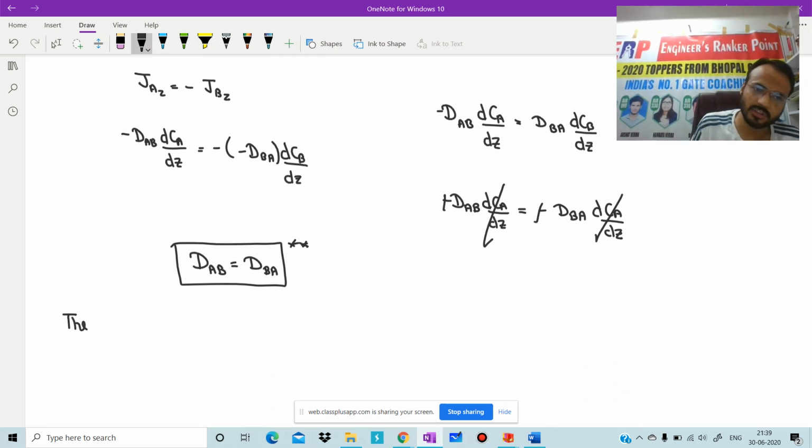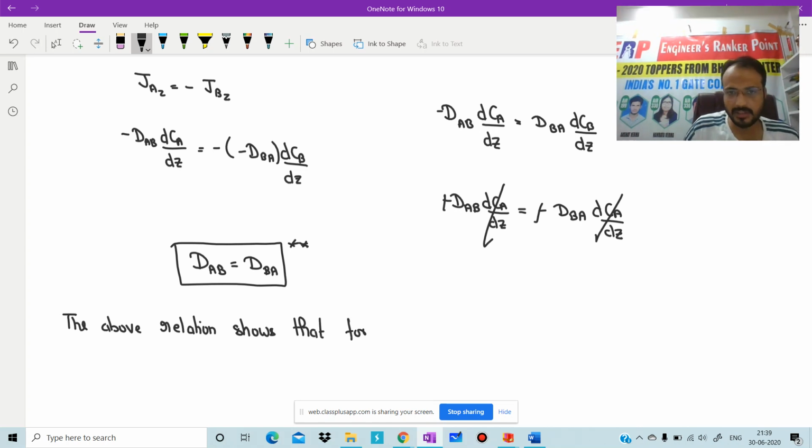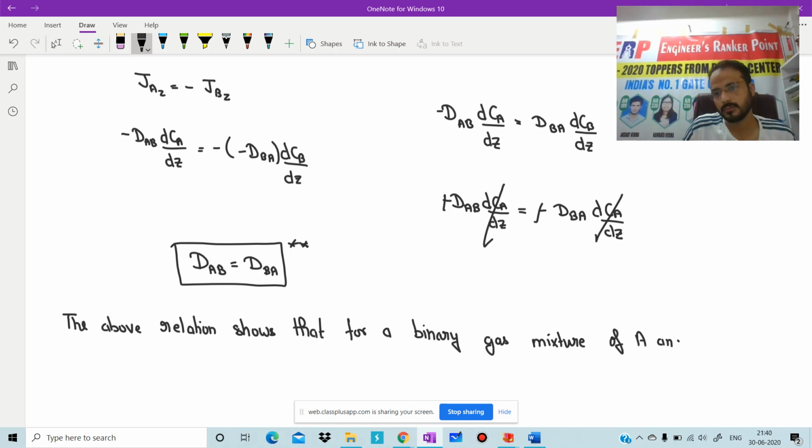The above relation shows that for a binary gas mixture of A and B, the diffusion coefficient